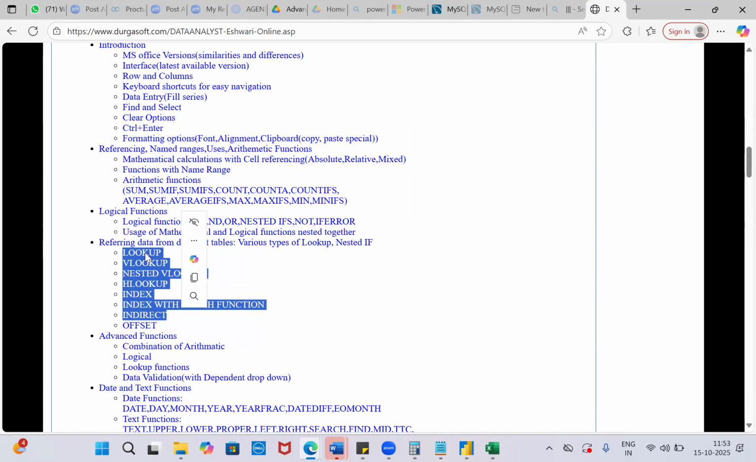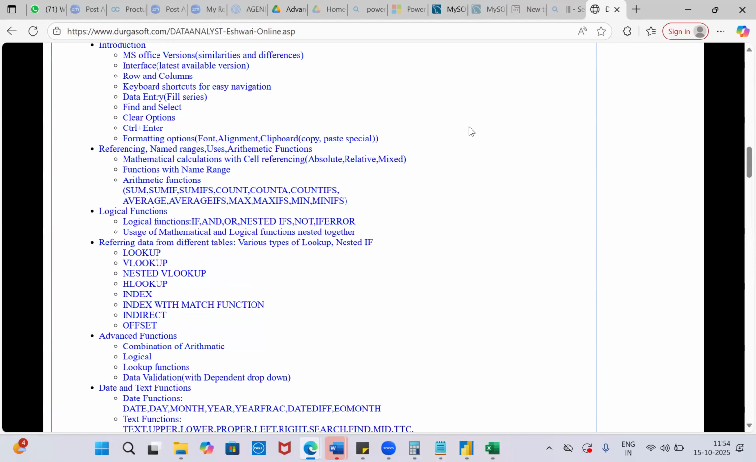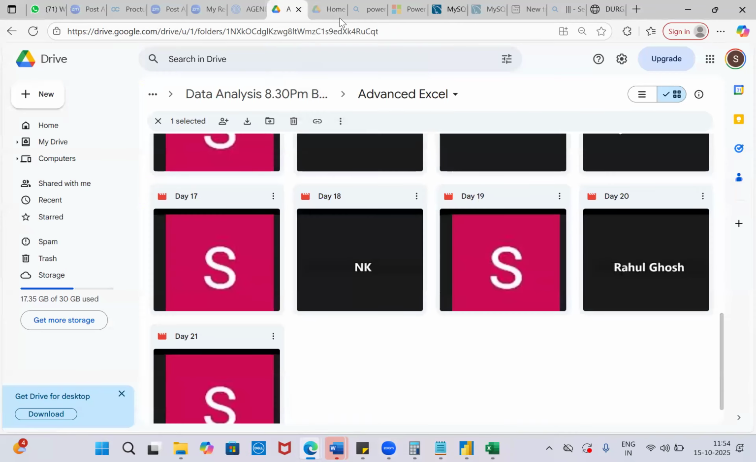Can you see, you have multiple lookups here: LOOKUP, VLOOKUP, nested VLOOKUP, HLOOKUP, INDEX with MATCH, OFFSET, and so on. See, guys, there are different kinds of lookup, and I'm not only going to explain different lookups, but also one formula in different ways. Let's say VLOOKUP: what all combinations can I perform? For example,